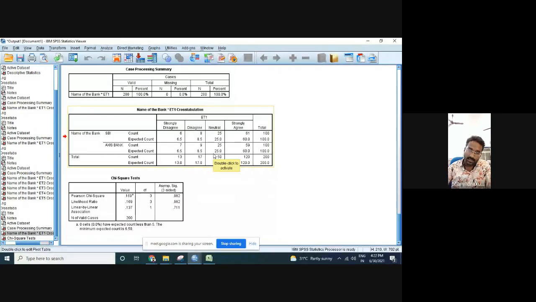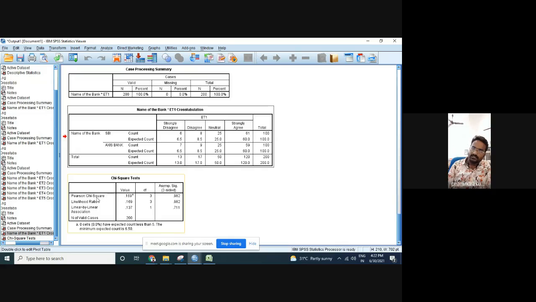Sir, how is it calculated? It is calculated on the basis of the perceptions, whatever responses have been given. If 100 people say a particular choice is better, it will be taken as a particular choice, say X, a better factor. Here the count shows 6 people said strongly agree, and the expected count is 6.5. On the basis of the average total score it will be divided, and the total will come to 100 percent.